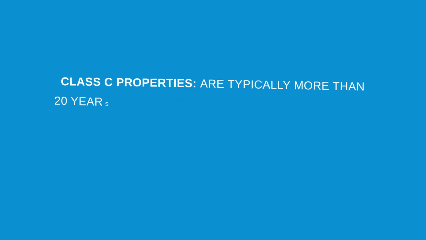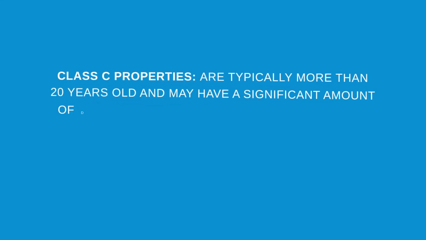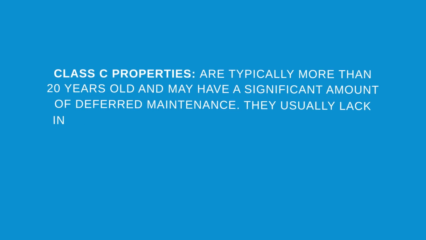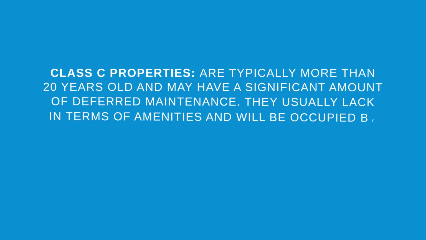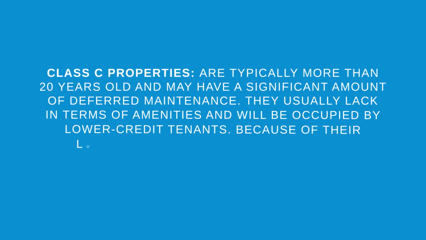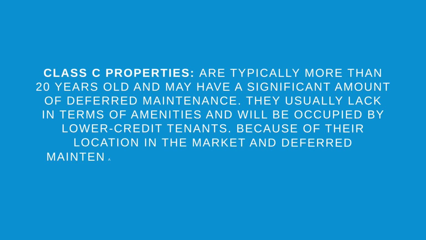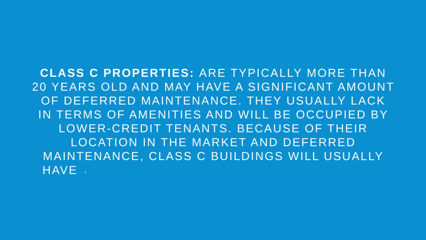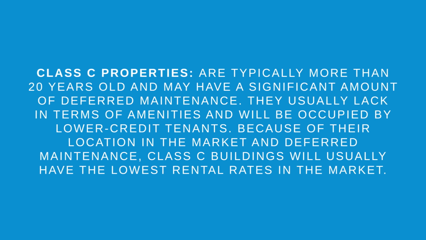Class C properties. These properties are typically more than 20 years old and may have a significant amount of deferred maintenance. They usually lack in terms of amenities and will be occupied by lower credit tenants. Because of their location in the market and deferred maintenance, Class C buildings will usually have the lowest rental rates in your market. Now that you've had a brief overview, let's discuss the benefits of passively investing in commercial real